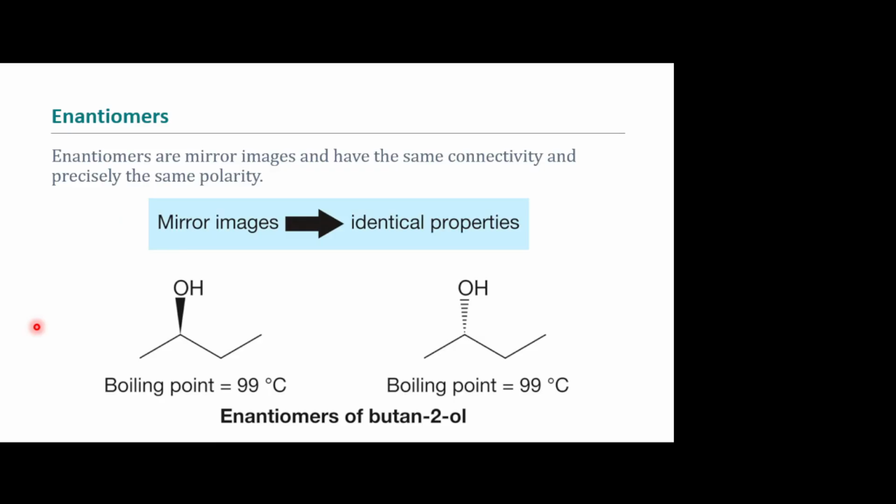Okay, so enantiomers are going to be mirror images. They're going to have the same connectivity, precisely the same polarities. They're going to have the same boiling points. Almost all of their physical properties, assuming you don't have anything else that's chiral in there, is going to be the same. Exactly. Everything's the same. Yep, you got it. It really doesn't matter. However,